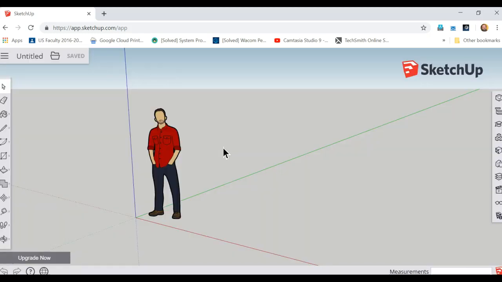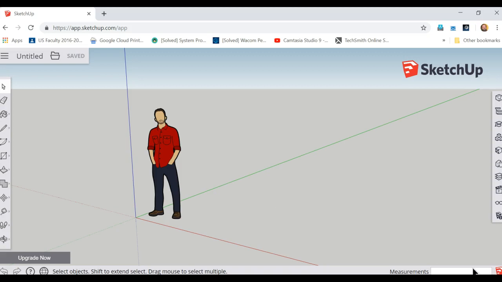Okay, and it gives me this screen with this weird, like, hey, there's a guy standing there. All right, so this is a 3-dimensional graphing tool. Some might call it a CAD, a computer-aided drafting tool, but we'll look at how that works. All right, so we're gonna get rid of this guy. I don't want him there, but before I do that, I'm actually gonna change things that are going on right